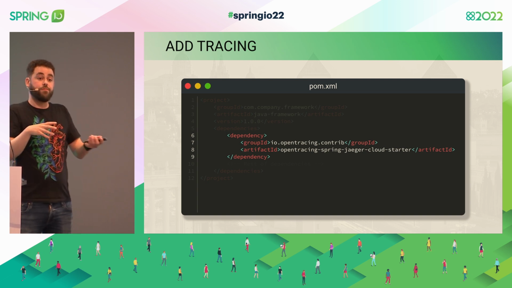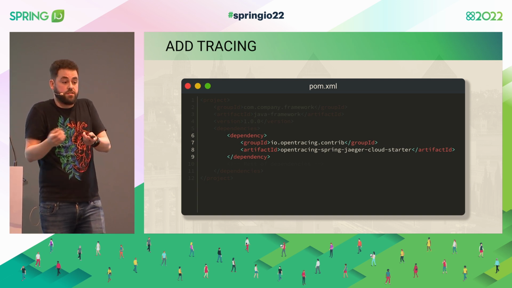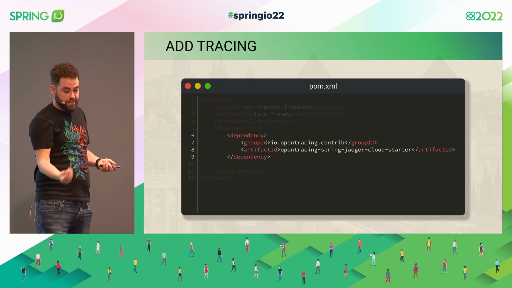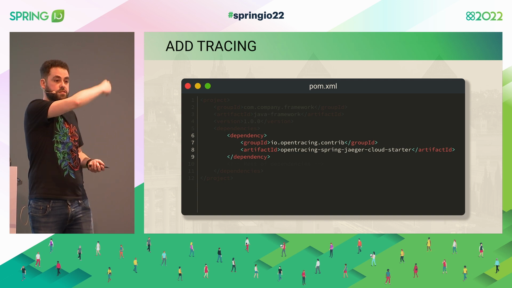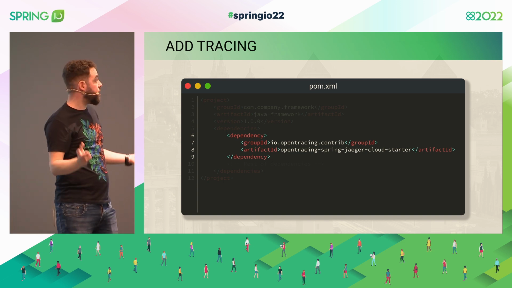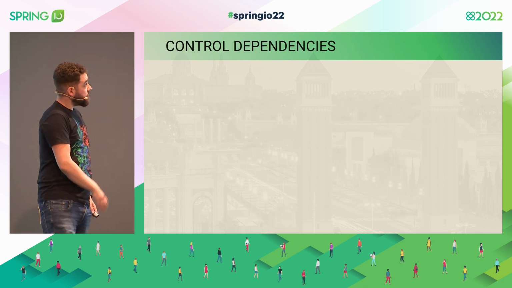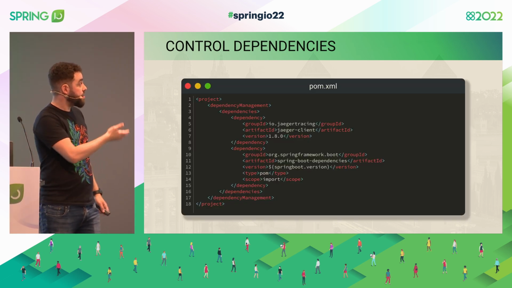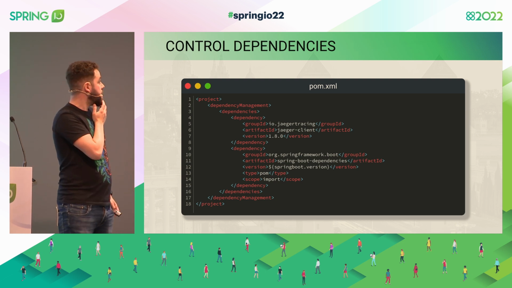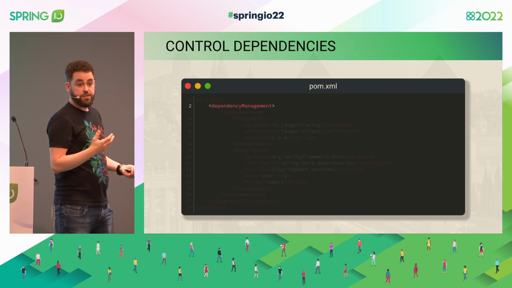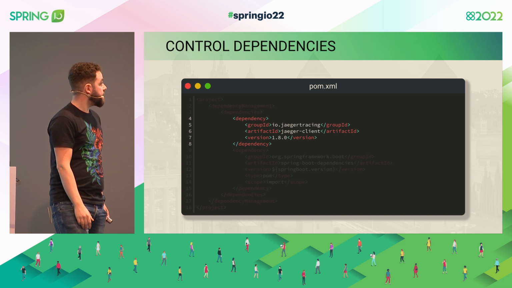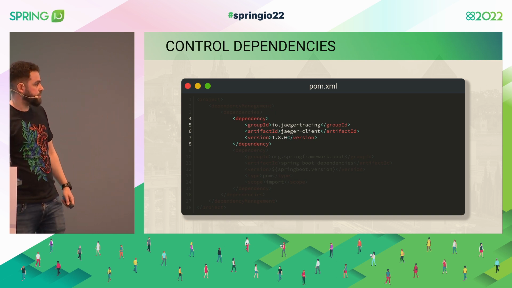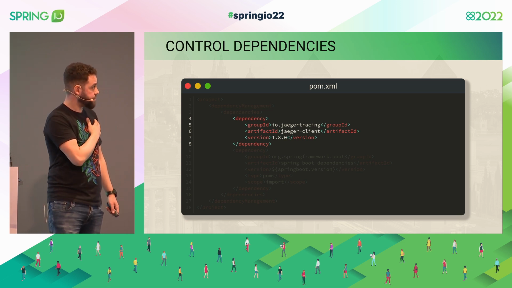When we're talking about a library, not the application code, the only difference is this dependency can be added transitively. So when I depend on the framework, if the framework depends on this, it will just bring it for us. So essentially, we are done. In order to control dependencies, again, this is something that comes out of the box, in this case from Maven. Gradle has its own mechanism. And mainly, it's called dependency management. So with dependency management, I can say, this dependency in this version. Actually, I can configure more things, not only the version, but the version is what's important for this.